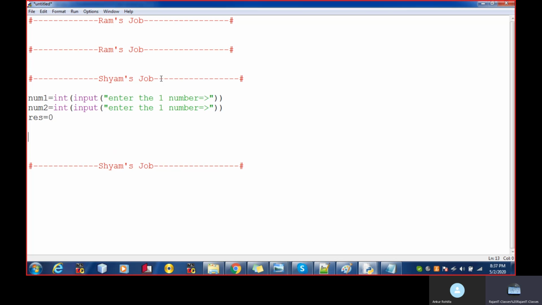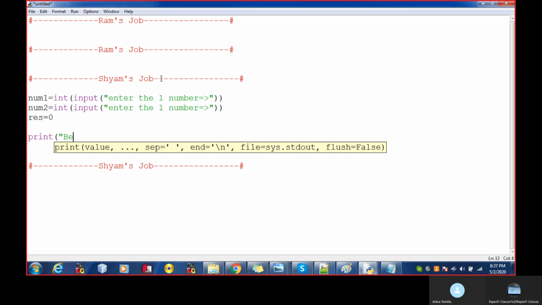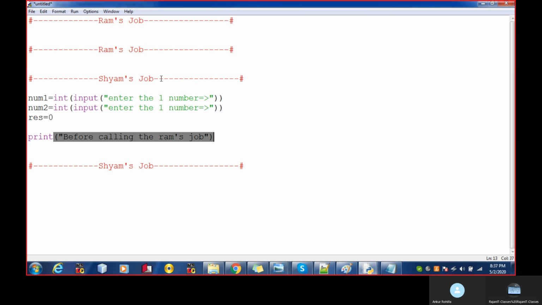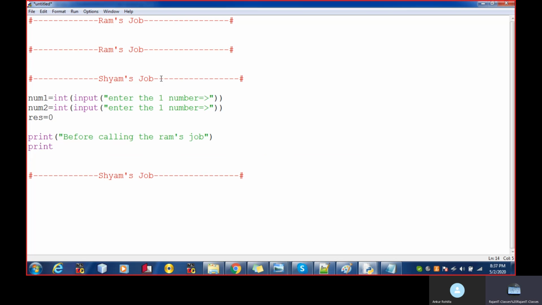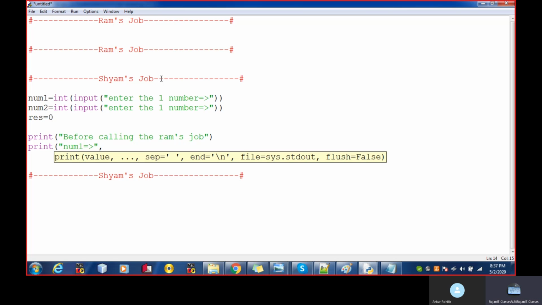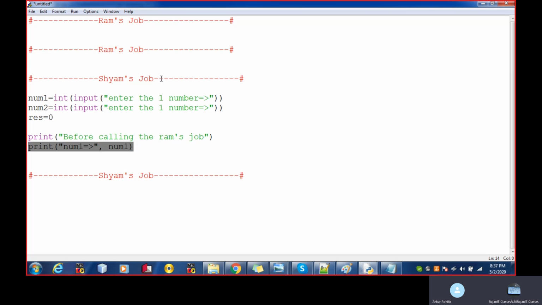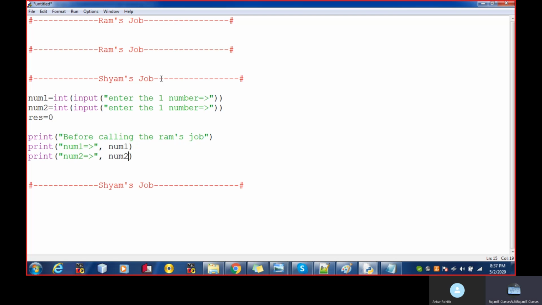Then calling the Ram's job. Till now, Sham has not called Ram, right?